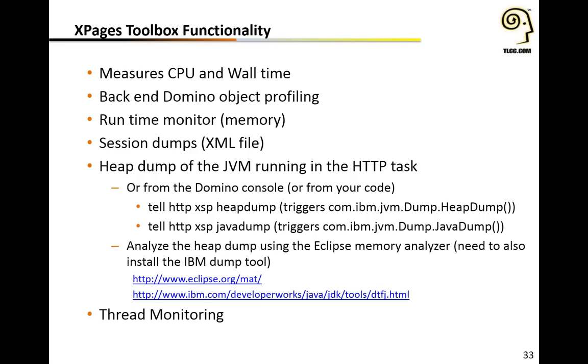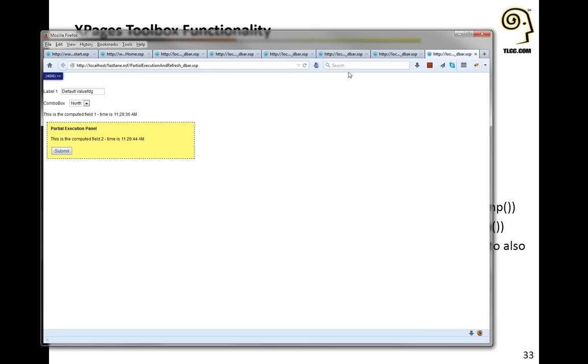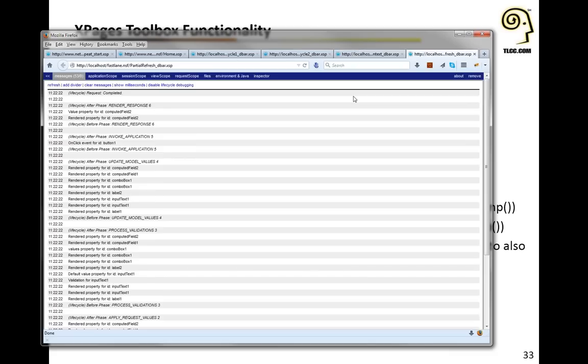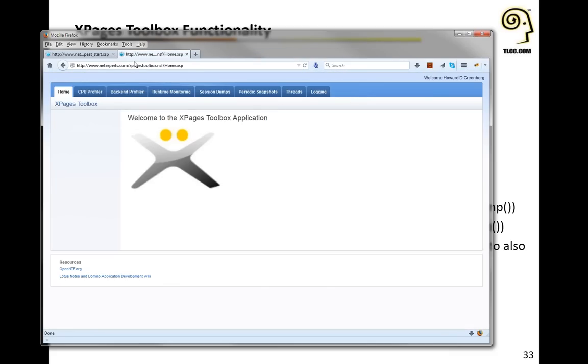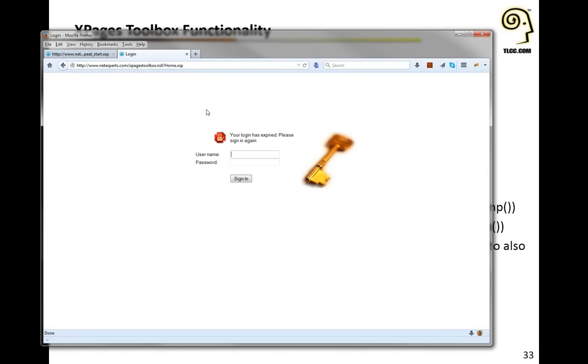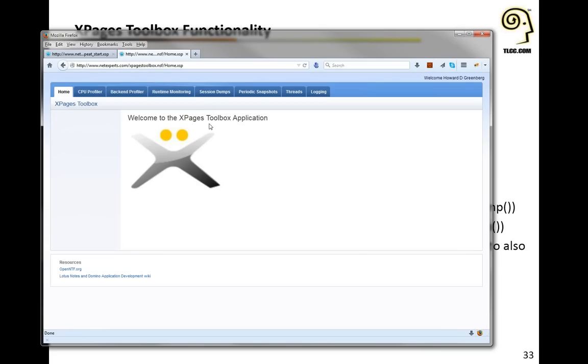Let me close some of these windows. Okay, so here's the XPages toolbox. Log in. Okay, so there's the XPages toolbox. There's a couple of tabs. CPU